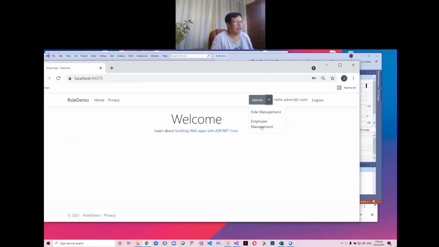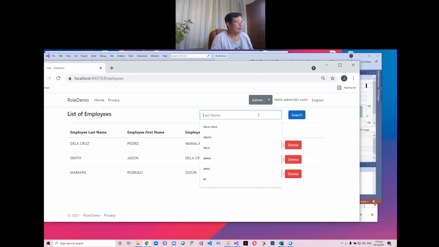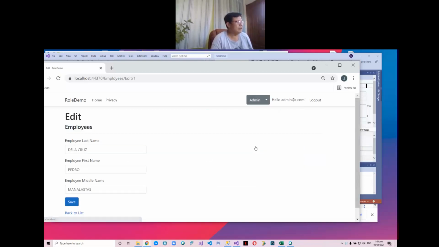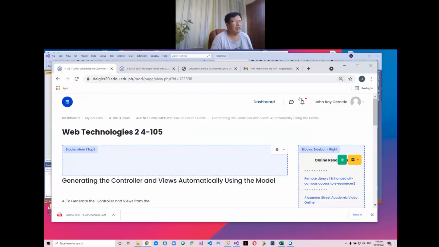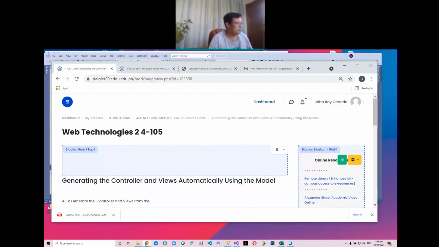For example, meron na tayong employee management, no? We have a search, then we have an edit. Okay. So let us try to create a new model and then create the views, from start to finish. So let's try to create the department model. So under department, we only have